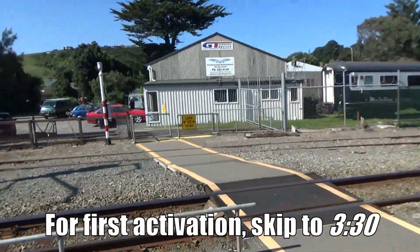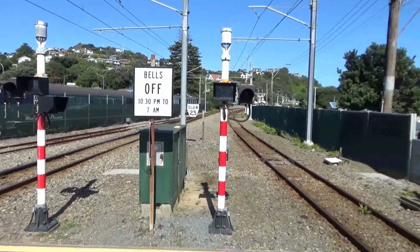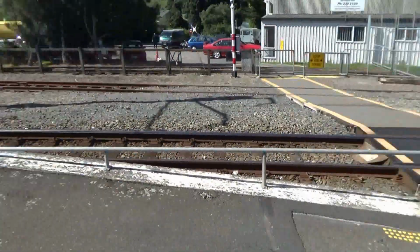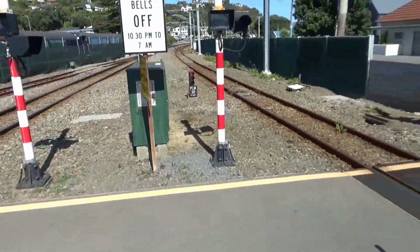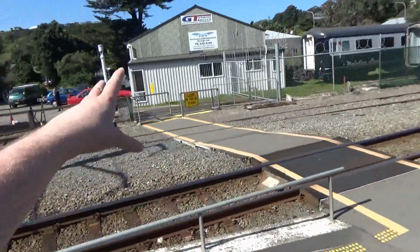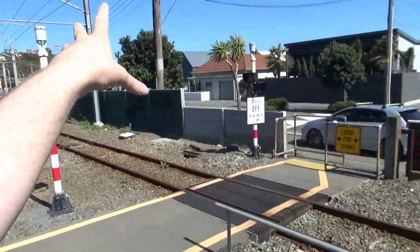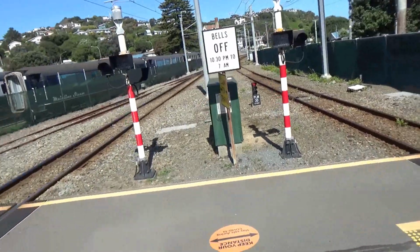Today we are at Plimmerton Station for a highly requested retake of the pedestrian level crossing here, or should I say pedestrian level crossings, because like many train stations in Wellington with an island platform and pedestrian crossings, these are actually two separate crossings. So the equipment on the left here activates for the southbound track, and the equipment on the right here activates for the northbound track, and they operate